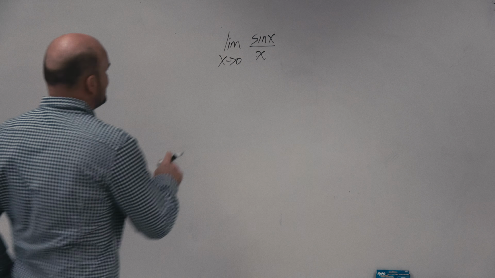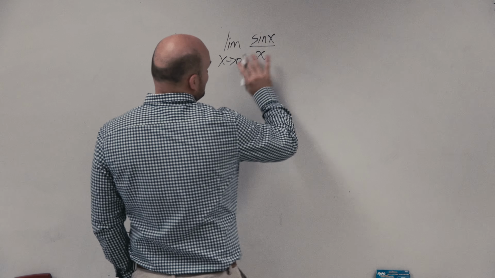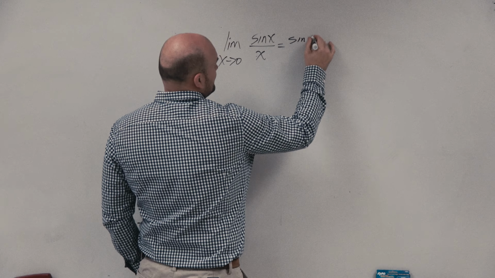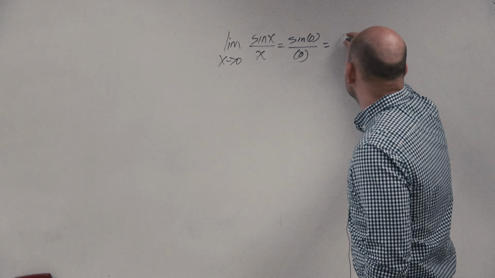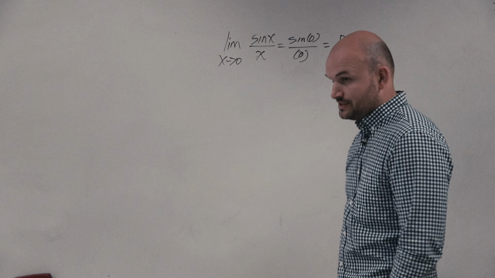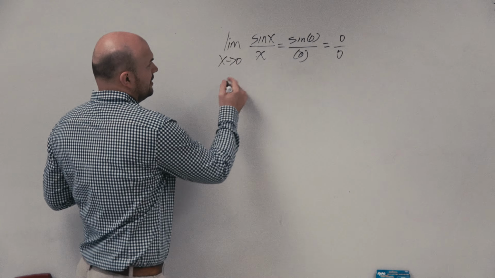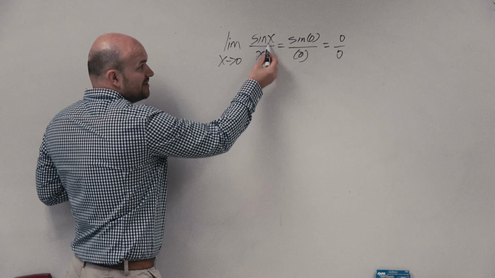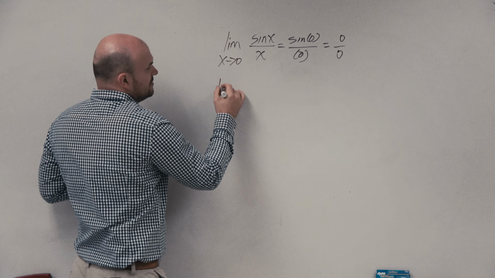So in this example, guys, if we want to evaluate the limit here, we're just going to obviously apply direct substitution. And we see that the sine of 0 is going to be 0 over 0, which is our indeterminate form. So therefore, we can apply L'Hopital's rule, which means that we're basically going to take the derivative of the numerator with respect to x and the derivative of the denominator. So when we do that,